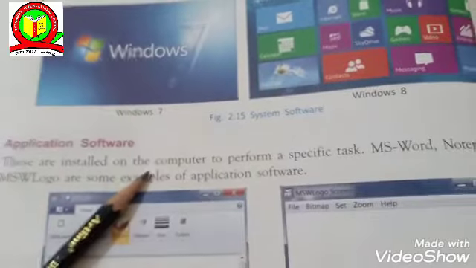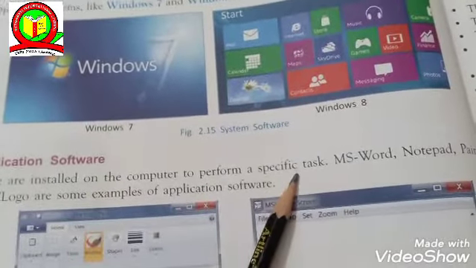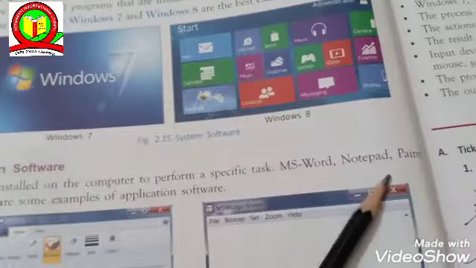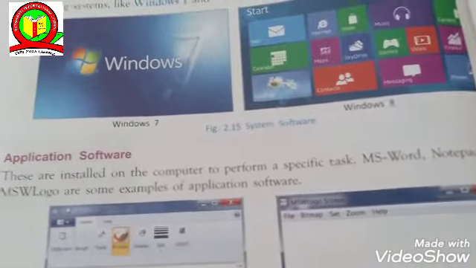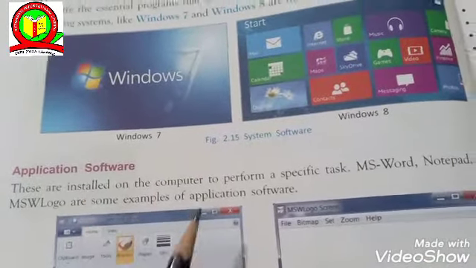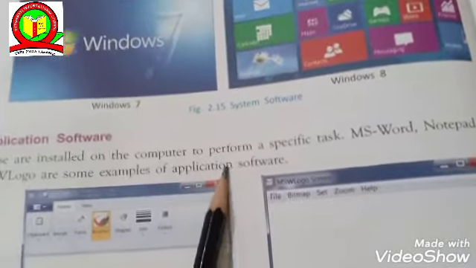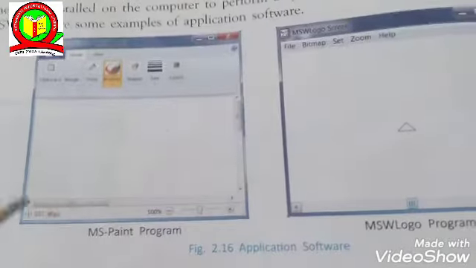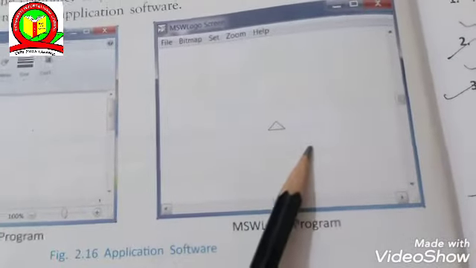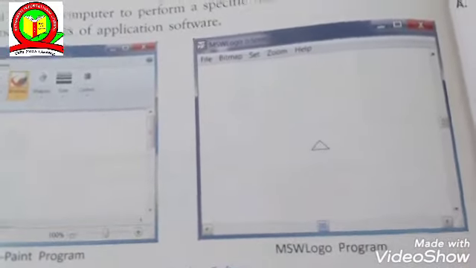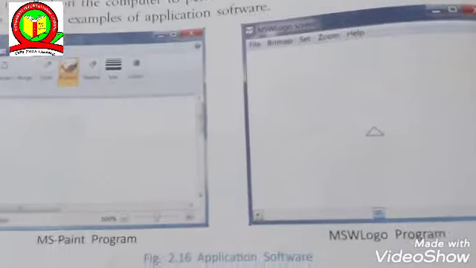These are installed on the computer to perform a specific task. MS Word, Notepad, Paint, and MSW Logo are some examples of application software. Here you can see the MS Paint program. This is the MSW Logo program. These are examples of application software.